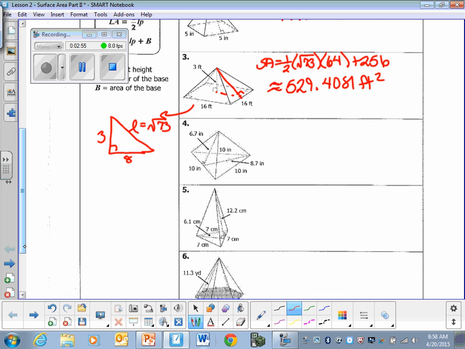Next up, I have a triangular pyramid. So a triangular pyramid, I've got a surface area of 1/2 times my slant height, which is 6.7, times the perimeter of the triangle, and 10 times 3 is 30, plus area of the base, which is a triangle, so 1/2 times base 10 times height 8.7. Much more fun. 0.5 times 6.7 times 30 plus 0.5 times 10 times 8.7,